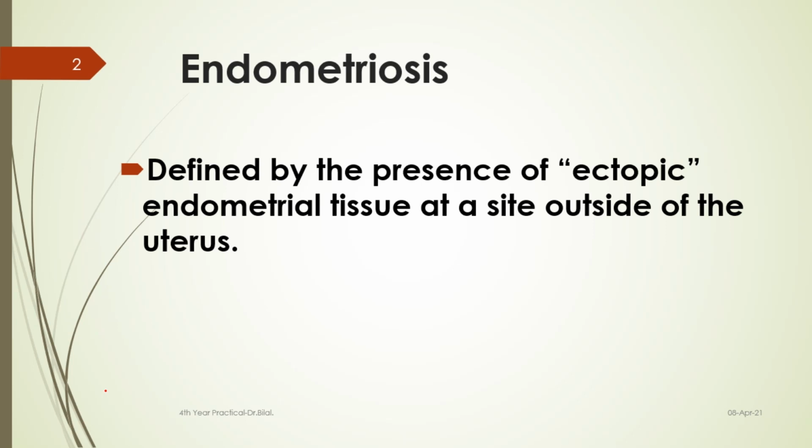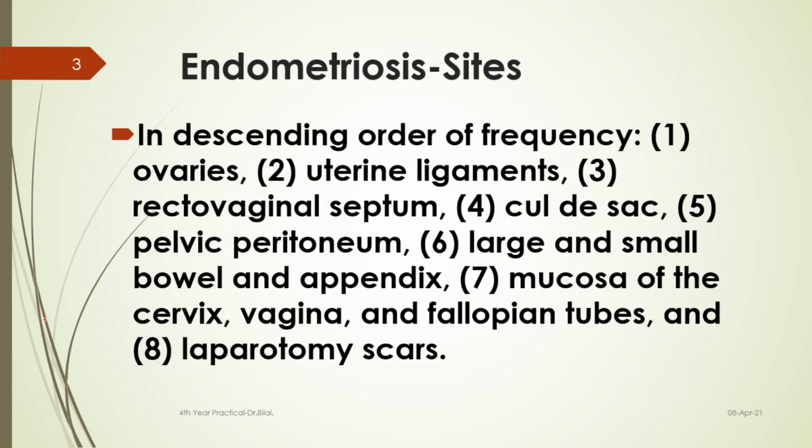It's the presence of ectopic endometrial tissue at a site outside of the uterus. So this is the point you should remember. Endometriosis means that endometrial tissue is present outside of its usual place. Now there are many places where this tissue can be found. Most notable are these 8 places in descending order of frequency, and of these you can see some notable ones